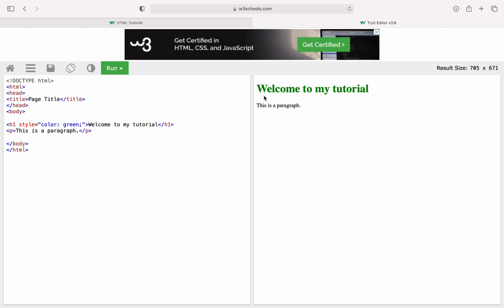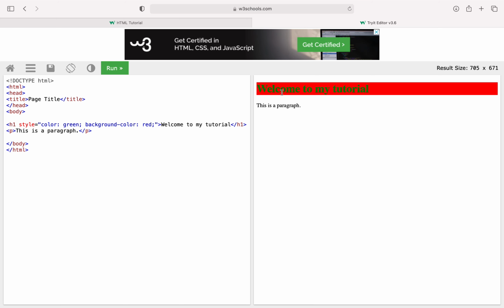You can change the color and background color. Let's say I want to change the background color for this one. Background color red. You change it to a red background color. Here two things are applied, color as well as background color. So multiple properties we can apply using CSS. There are many other properties also. Today I'm just showing how CSS works.